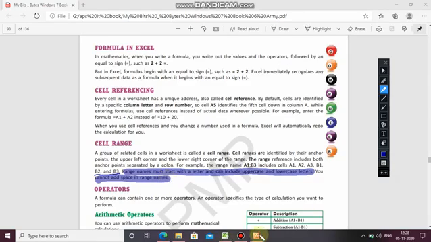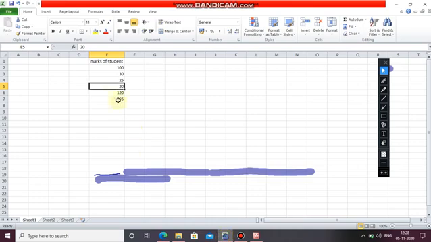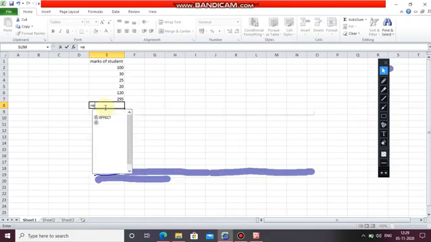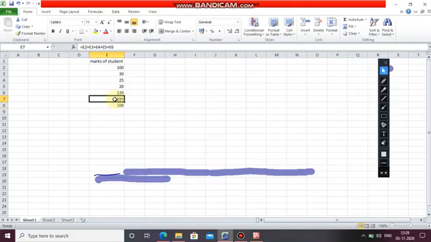Clear? Like here you are having the ranges. Here E2 is the range, and then the last one E7. Okay, E2 colon E7.